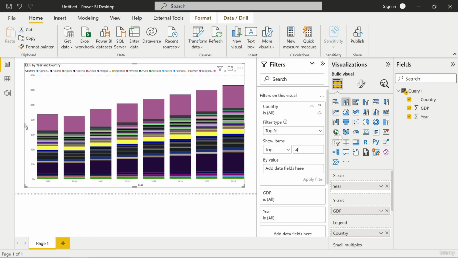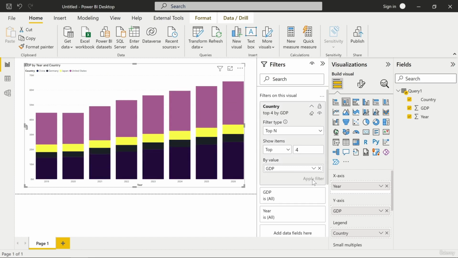Therefore, we can again go to the fields area and drag and drop the GDP field into that filter. Now we only have to apply the filter by clicking this option down here. And with this, our chart now only shows the top 4 countries by GDP, which are China, Germany, Japan, and